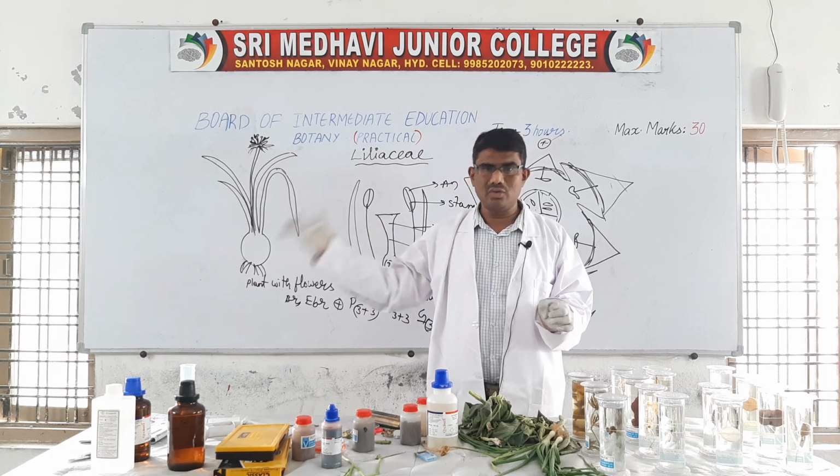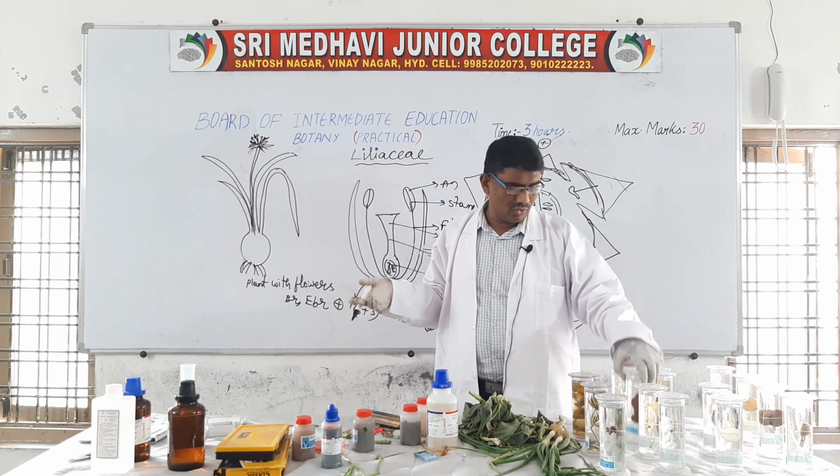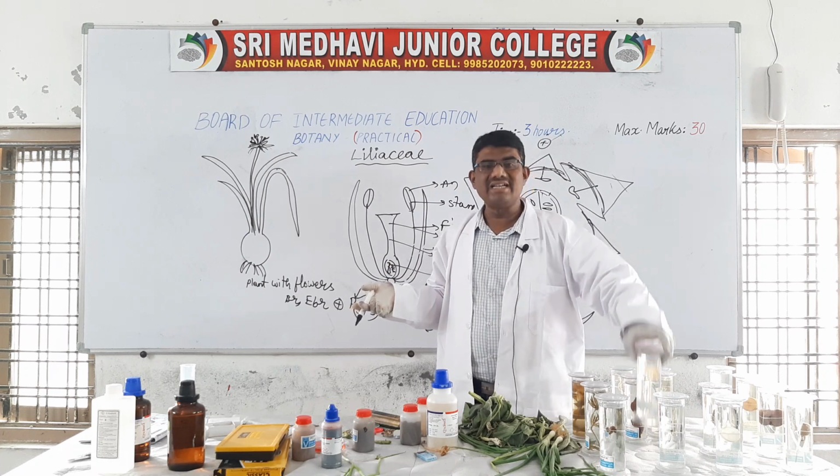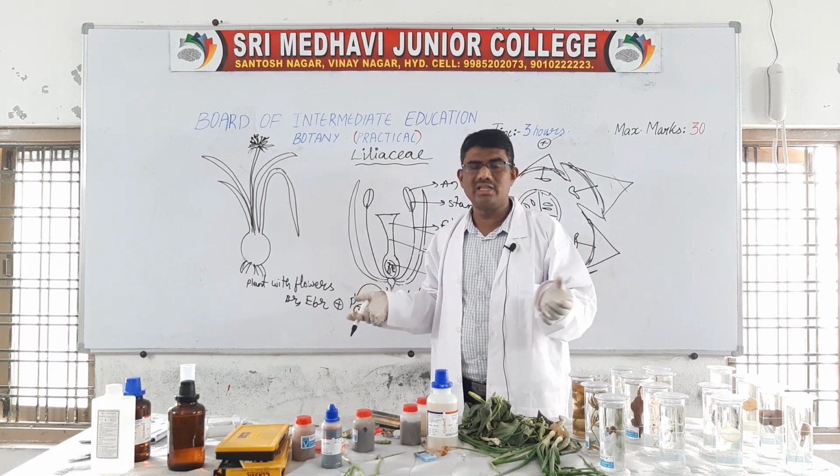Then after that, we go to the third section. Then the fourth section is also there. The fourth section means spotters, slides and specimens. I will explain that also in the next video.